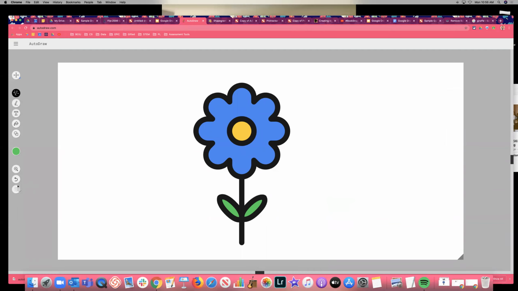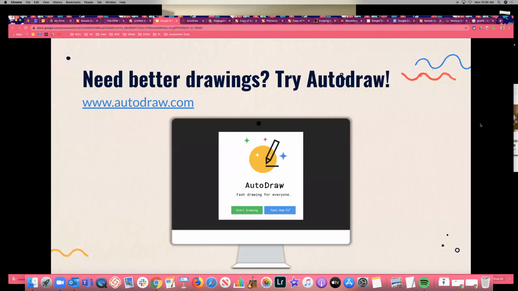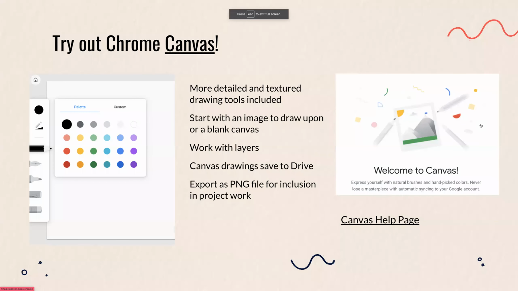Yeah, I wonder why it's not transparent. I thought it was. Okay, so that's Auto Draw. And then the other tool I have to share with you, if you want more sophisticated control over your drawings,